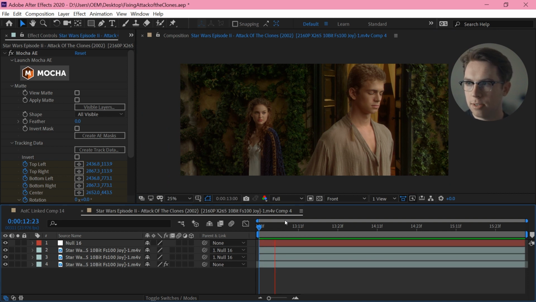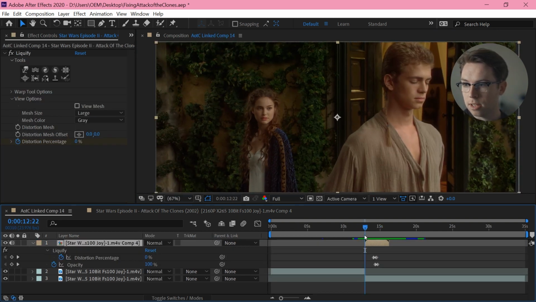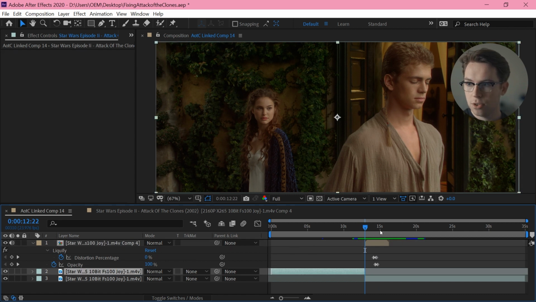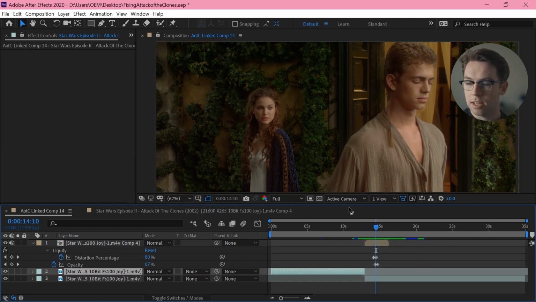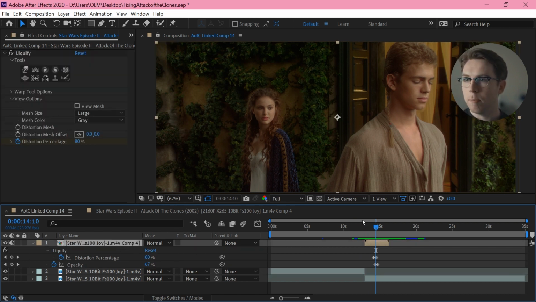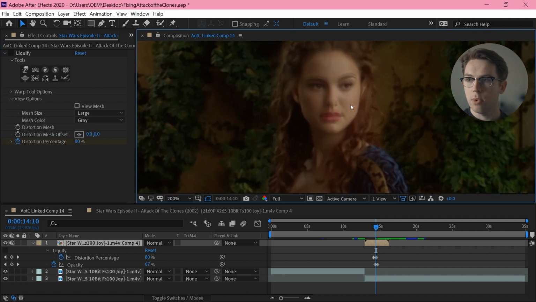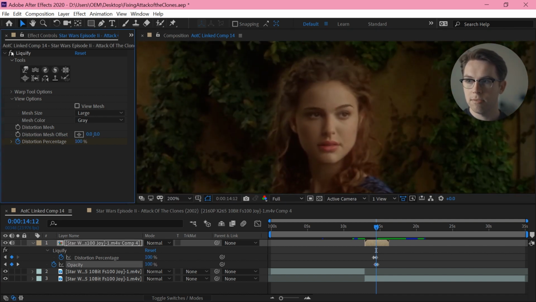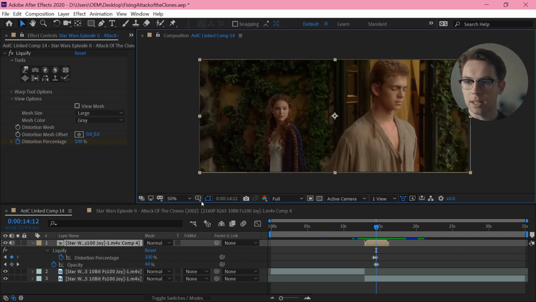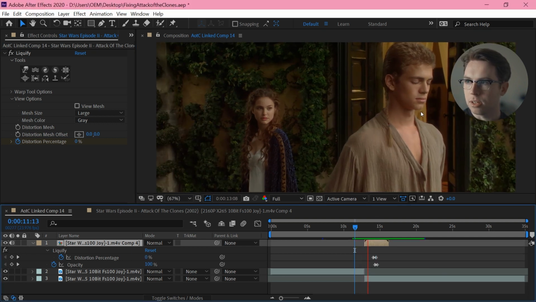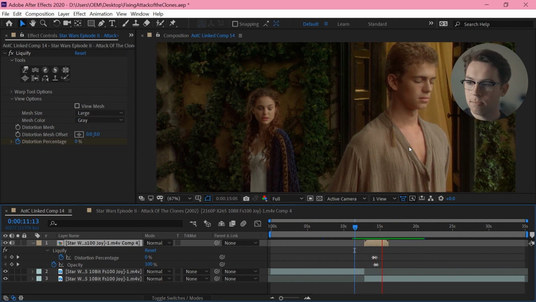Very quick, very simple. So obviously this lines up perfectly with the end of the first shot, and then I want to blend out into the second shot, which lines up pretty good. I think the only problem here is Padmé's face. So again, I'm doing a liquefy just to pull her face up very roughly, and that will allow me to fade between those two relatively smoothly. So there's a couple of things that are a little iffy here, but basically we get rid of that line and it does the job.